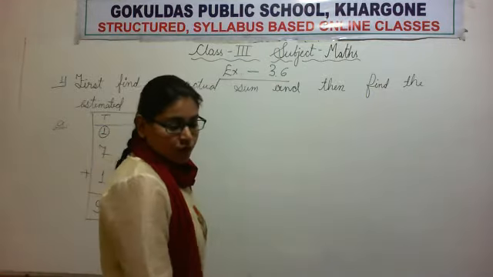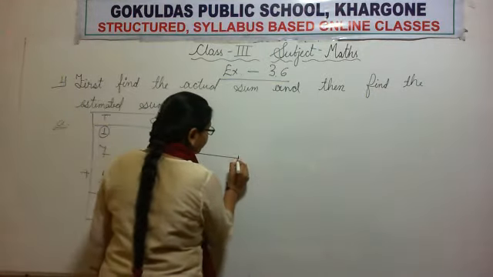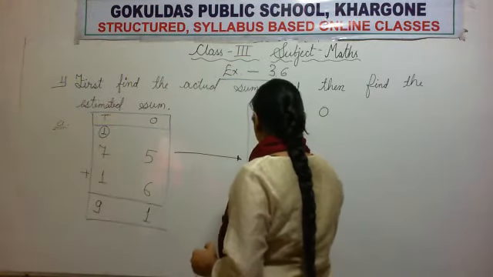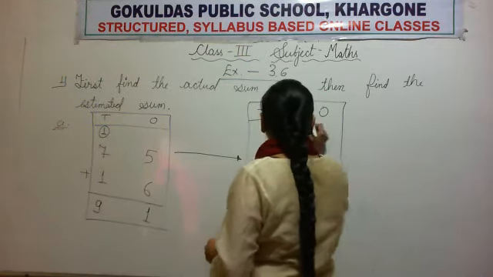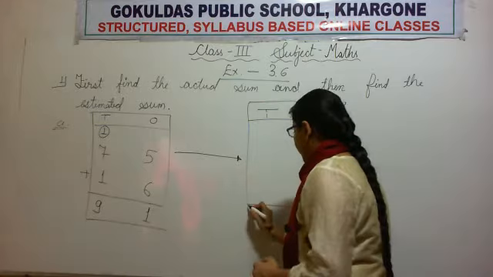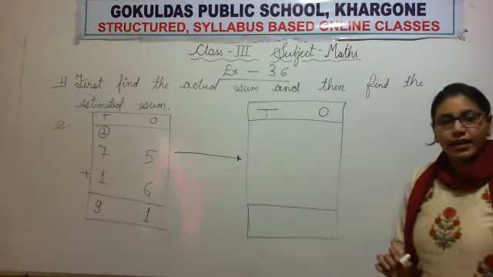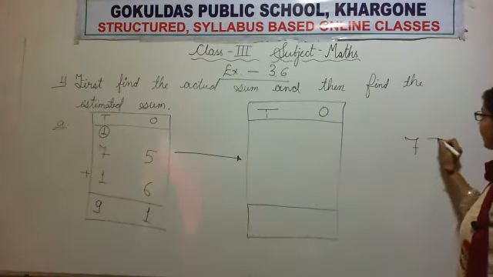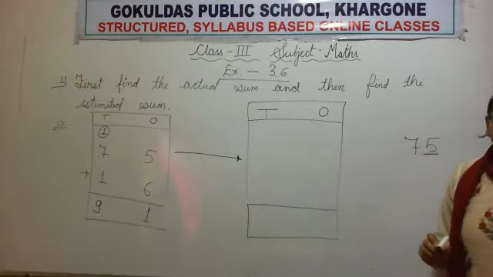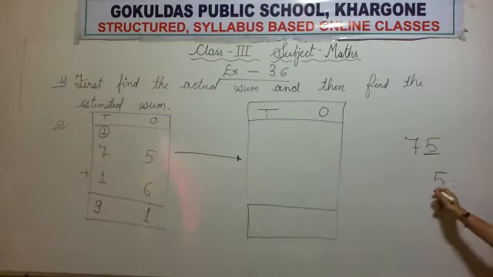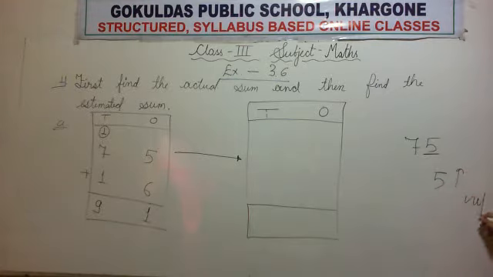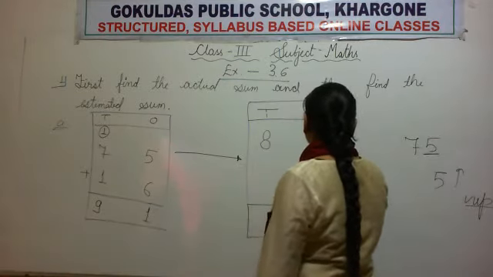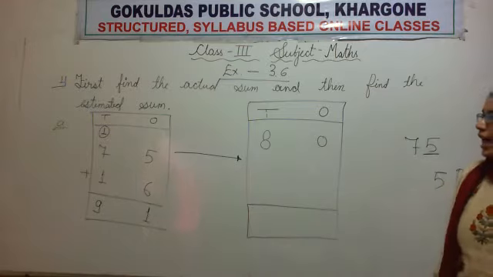Now, first we will round off 75. Let me write tens and ones first and make the table. You all make it with the help of scale or ruler, dear students. Do not make it by free hand. Okay, so first we will round off 75. See the number 75. 75 is having 5 at ones place, and whenever the number is 5 or greater than 5, we round up. So we will round it up to 80. 8 tens and 0 ones. Now we are done with 75.